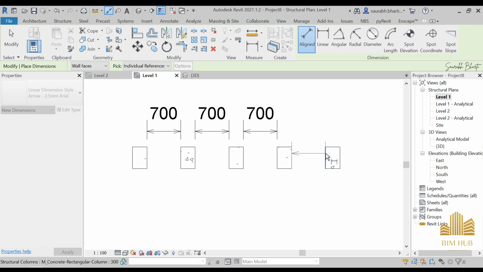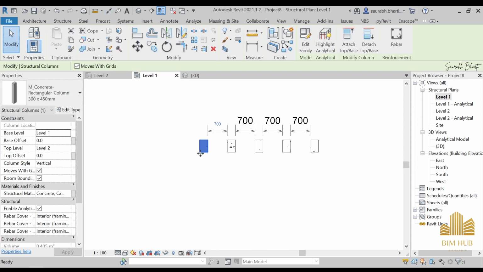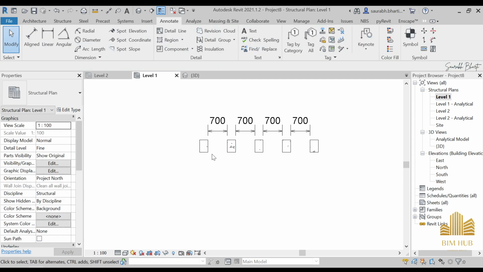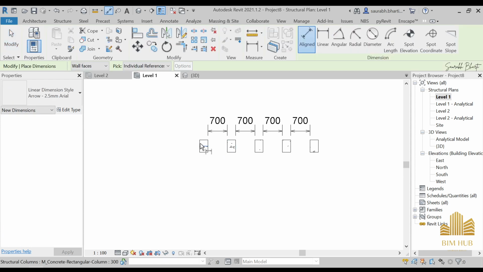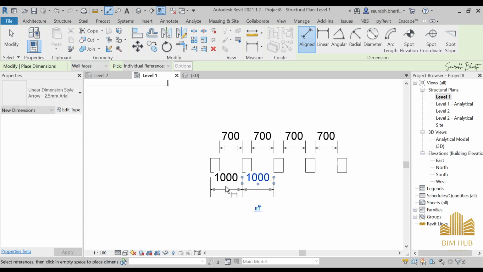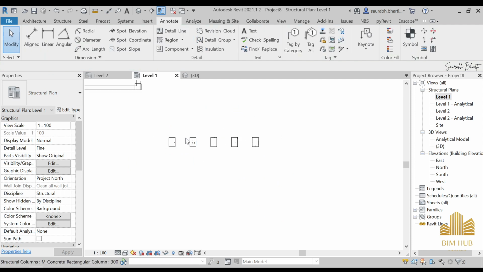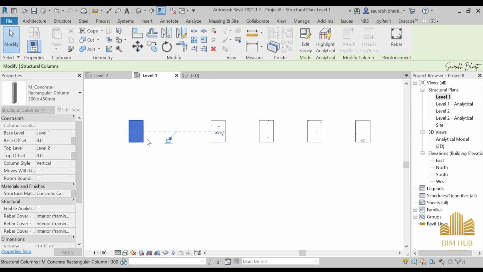So as you can see, we have got it at a distance of 1 meter from the starting of this place to the ending of this place. If I can show you, now you can see that it is 1000 from the starting of this to the starting of this. Okay, so now that we have created it at some distance,